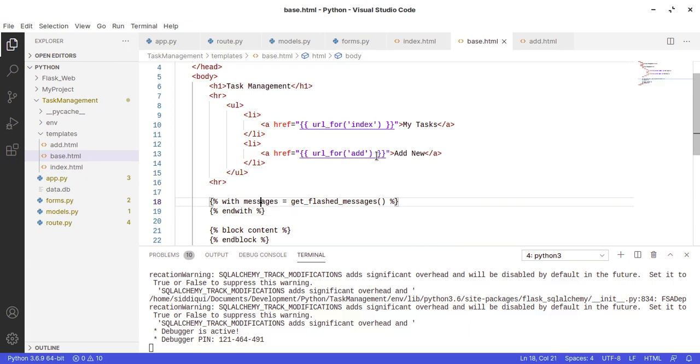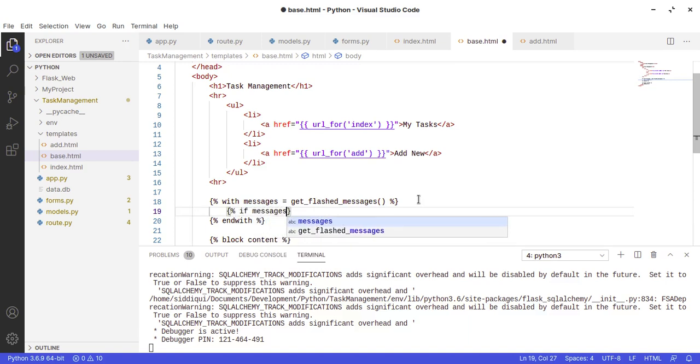Okay, so now what we are doing here is we just fetch all the messages which are in the stack of flash messages in messages, and then we will loop through it and display it. First we will check if messages, it means if something is there, because maybe there is no message there, but if there is a message, then we will display it.